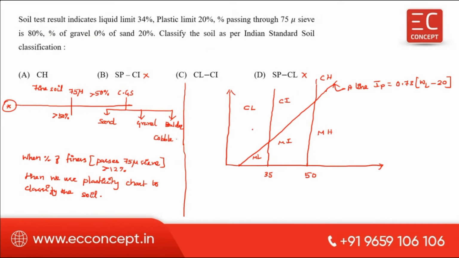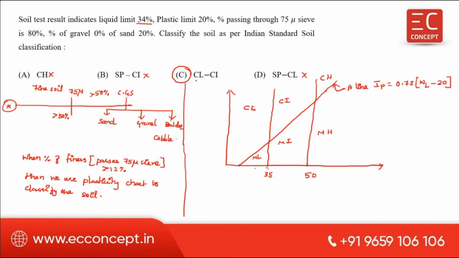Now this option is also not correct. Why not correct? Our liquid limit is only 34%. That means somewhere here, less than this. Okay. Therefore, the CH won't come. CH is the high compressible clay when the liquid limit is greater than 50. But here the liquid limit is only 34. So based on that, you can conclude that option C is correct. That is low compressible and intermediate compressible. So 34 means somewhere here, right? In this region, this is the borderline, therefore it is low compressible, intermediate compressible clay soil.